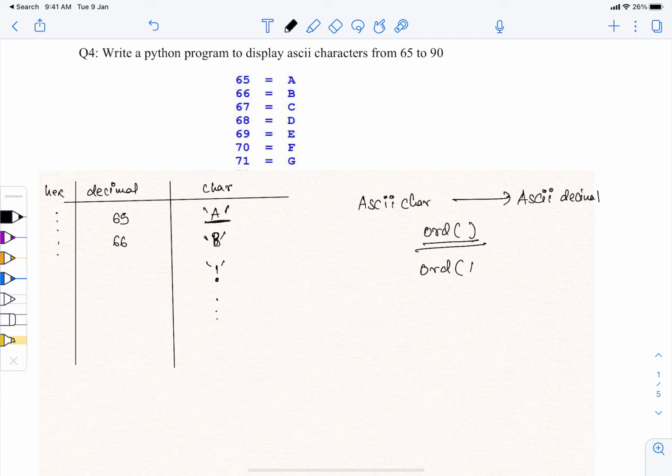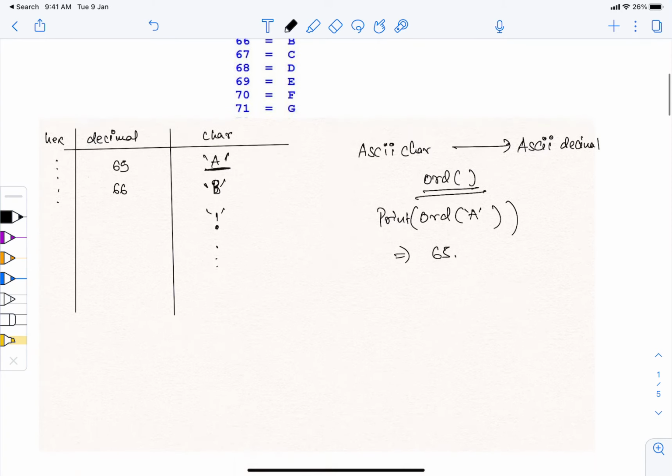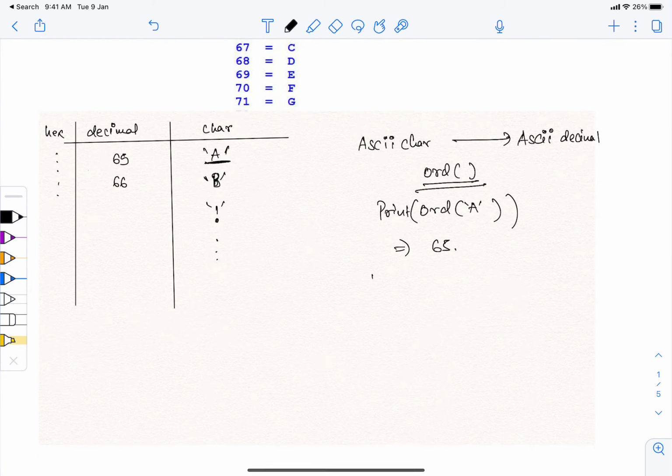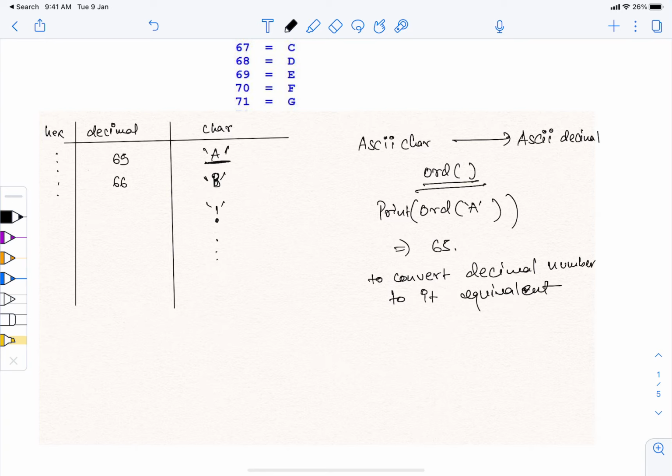ORD of A, if I print it, it will give me a value of 65. Now what if we need to do vice versa of it, to convert a decimal number to its equivalent ASCII character,